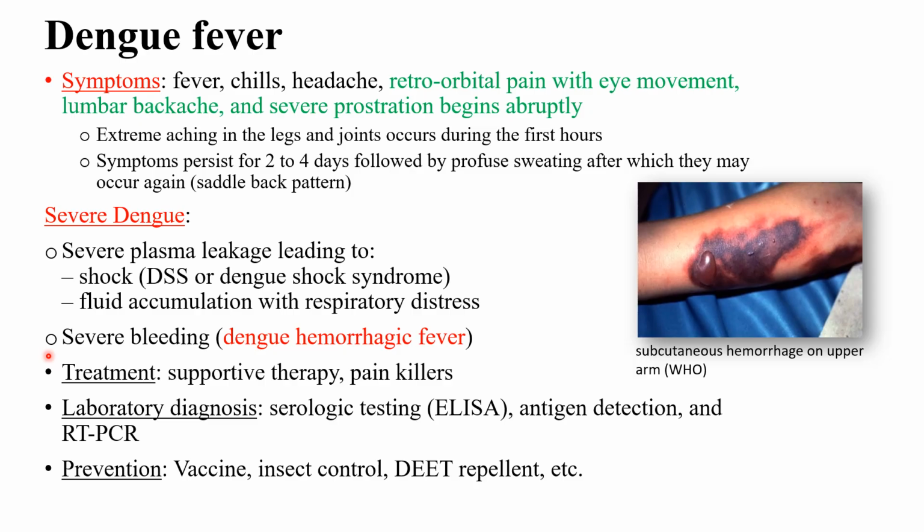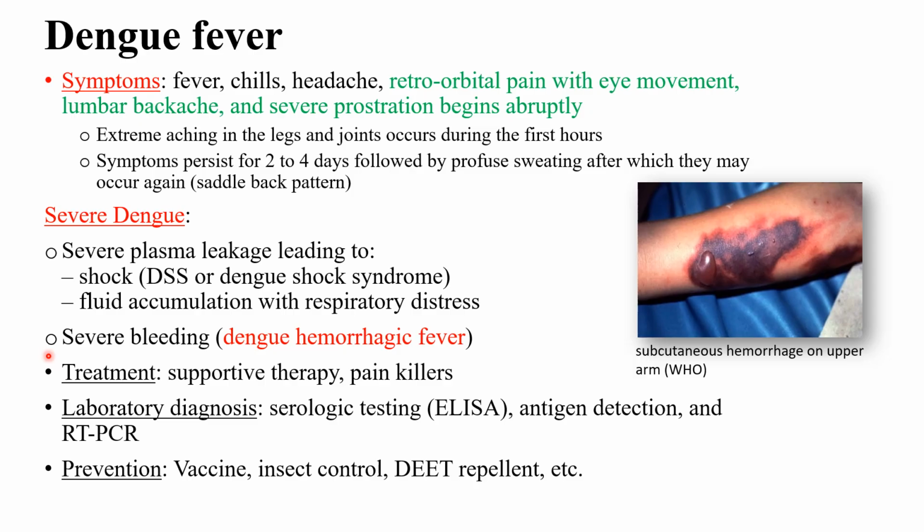Unfortunately, we don't have antivirals for dengue, so the only way to manage the patients is to provide them with supportive therapy and painkillers. In terms of diagnosis, dengue can be diagnosed by, like other viruses, real-time PCR or rapid antigen detection. And also we have the ability of doing serological testing, especially when we want to know the specific serotype that's